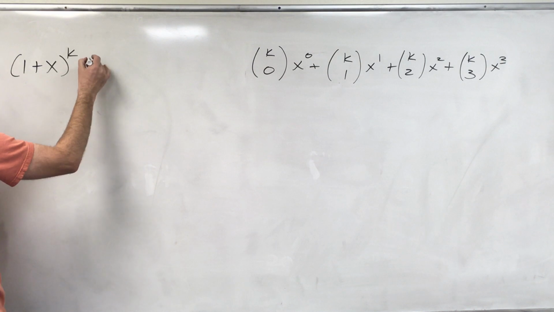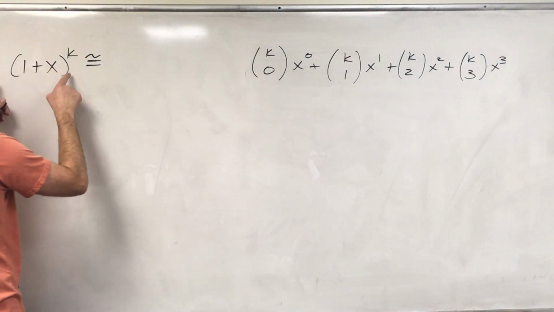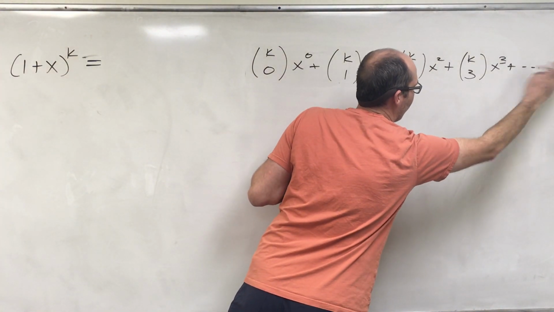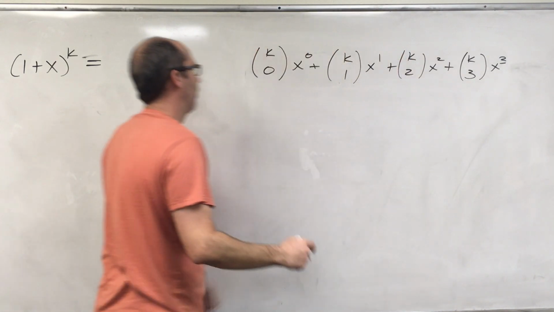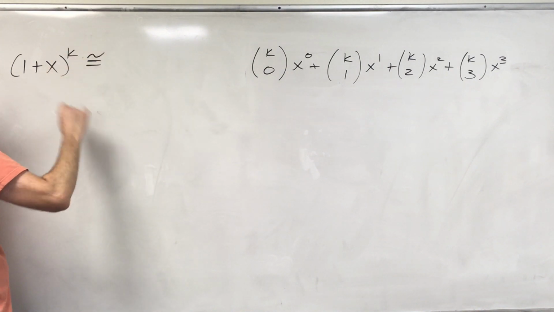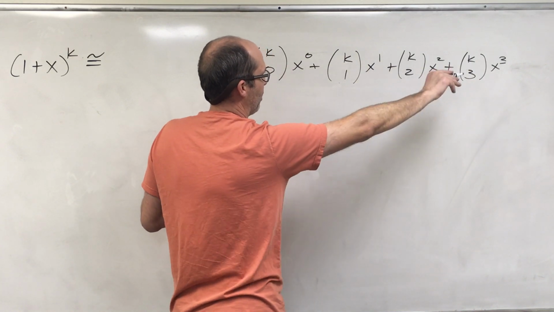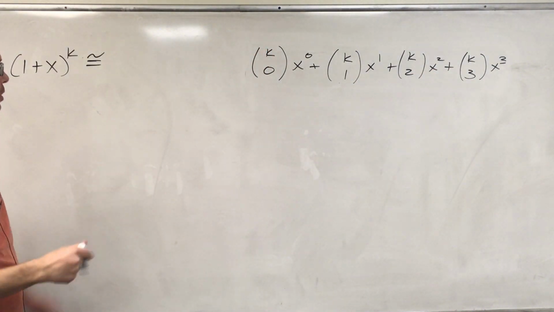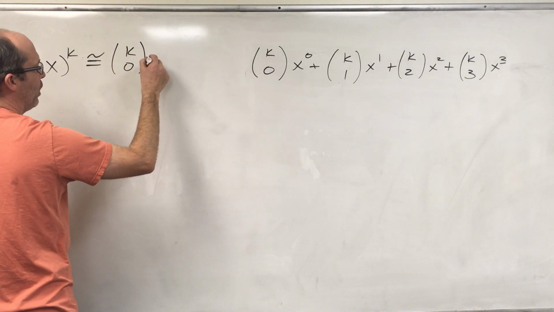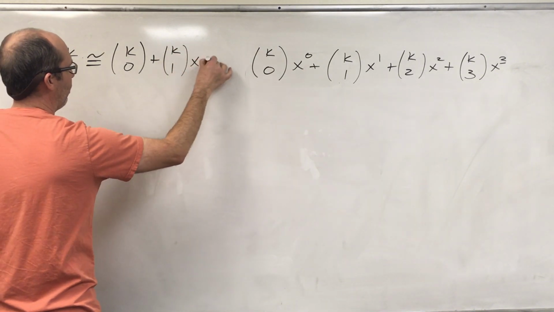So I'll move this over here now. I'll put approximately, because this thing is equal when we have it going on forever like this. Right? That's the series. This thing converges to this. But when we just have the third degree Taylor polynomial, this is just an approximation. It's a very good approximation, close to 0. Okay, x to the 0 is 1. We'll just leave that out. We got k1 x plus